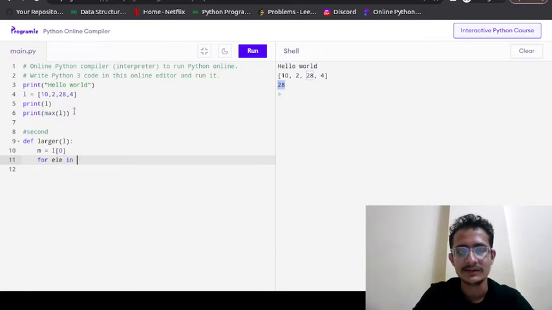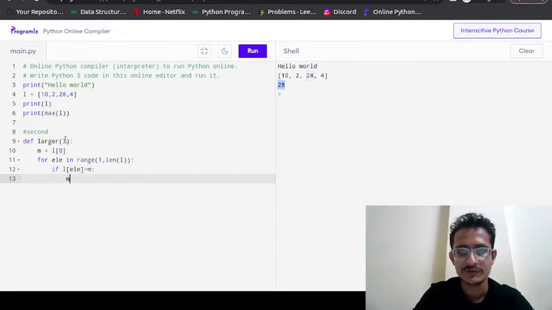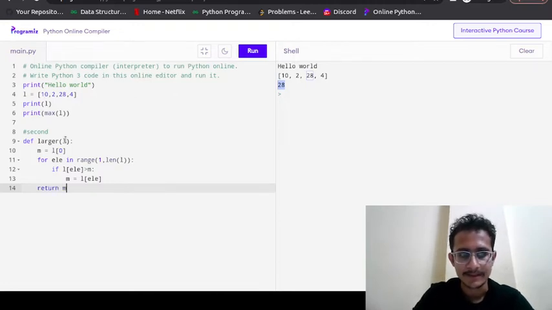So for element in the range of 1 to length of L, we will check if L of element is greater than M, we will update our M. So M will be L of element. Once this for loop ends, we will return M. So let us call the function.